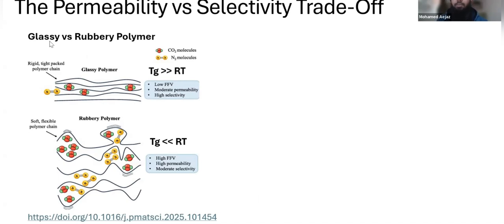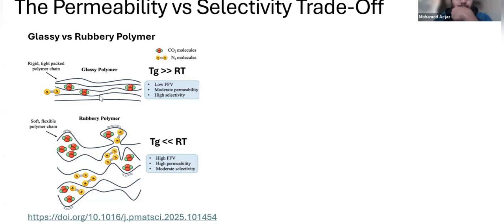Okay, so the best example is polystyrene. The Tg of polystyrene is 100 degrees, right? And it's glassy because its Tg is above room temperature, it's brittle and it's glassy. And if you have a polymer whose Tg is way, way below room temperature, then it's rubbery. So the best example is polydimethylsiloxane. These two types of polymers have two different microstructures, or molecular structures, if you wanted to look.